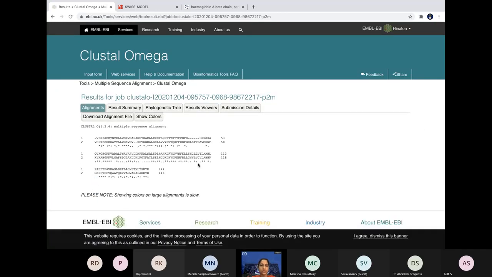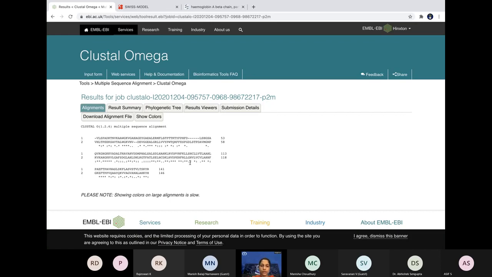So yes, you can see this result. Here, this particular star represents that these two residues are highly identical. You can see L and L, right? So leucine. These two residues in sequence number 1, the hemoglobin alpha chain, and sequence number 2, the hemoglobin beta chain, are identical. Further on, we have proline, which is identical, and this K, which stands for lysine, is identical. Then valine is identical. So all these stars represent the residues which are identical among the two sequences.